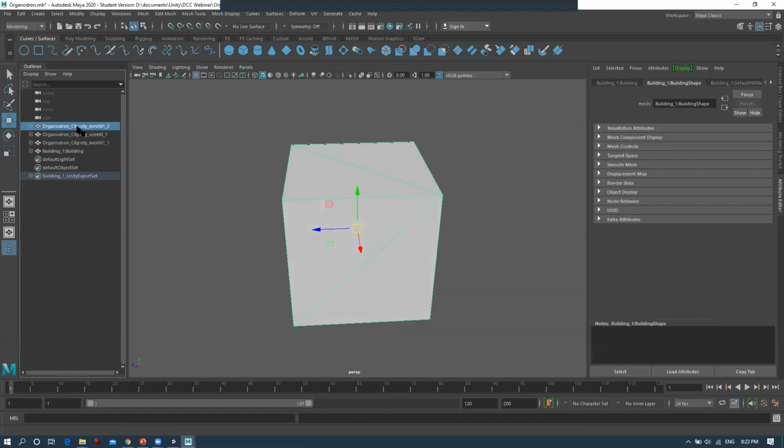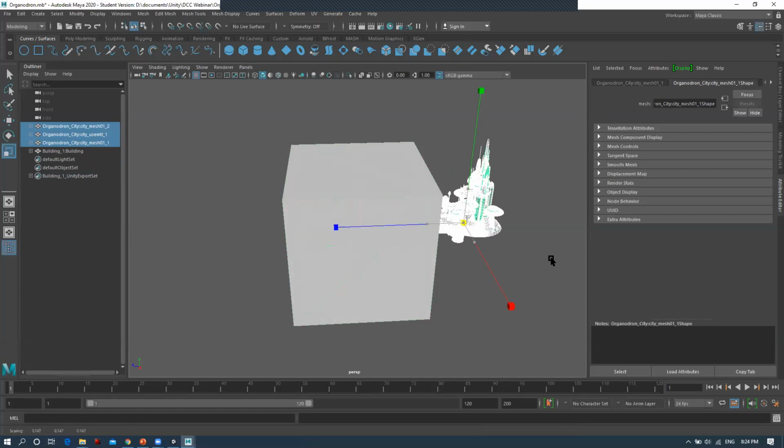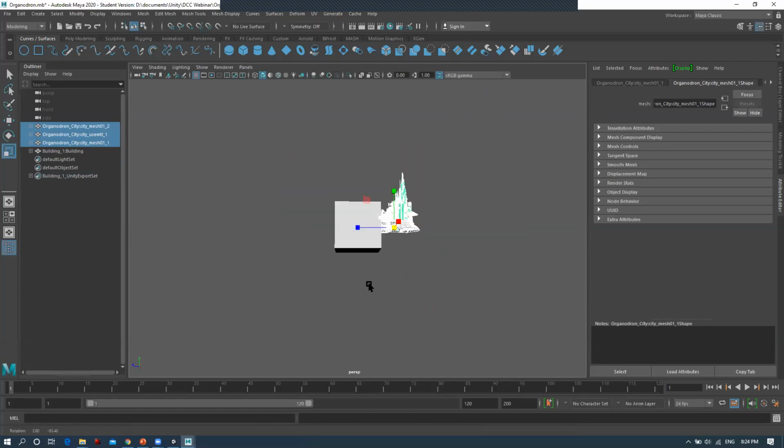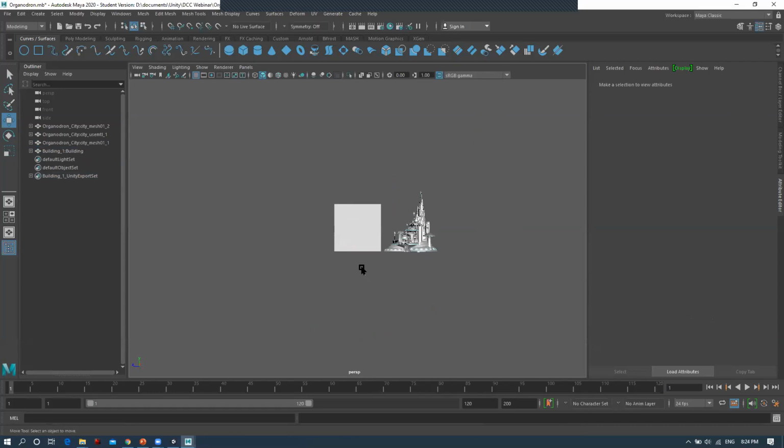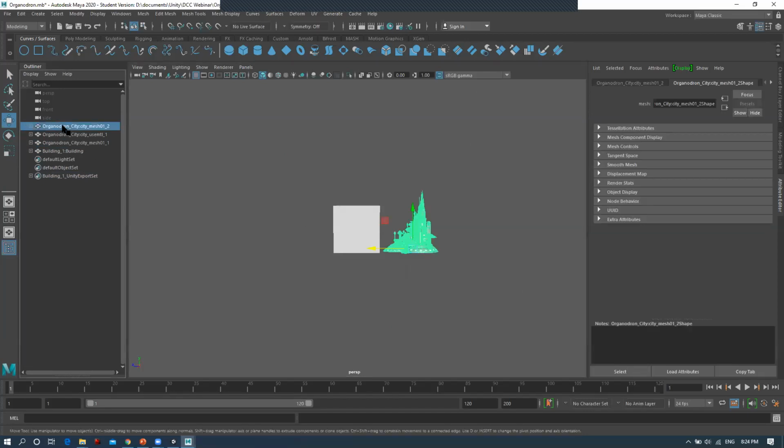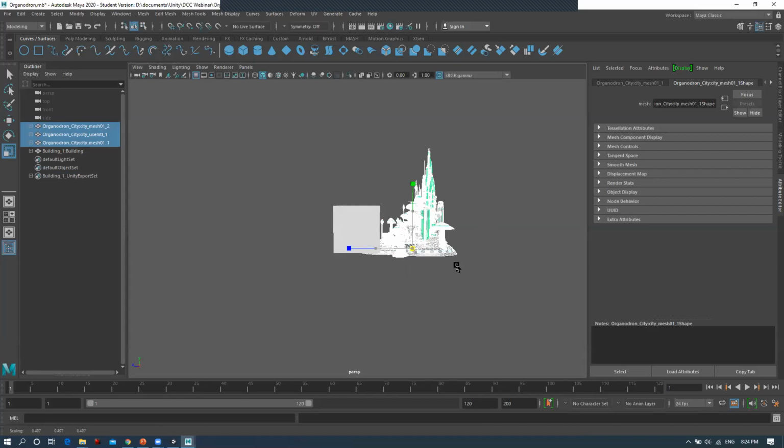So what I'm going to do is make sure that my model is of the same scale. I'm going to scale this up for similar scaling so that it matches properly with the object that we are creating. This looks fine, the scale looks fine from all the sides. If we want, we can scale it a bit more so that it looks better. So I'm going to scale it a bit more. Yeah, this much is fine for me.